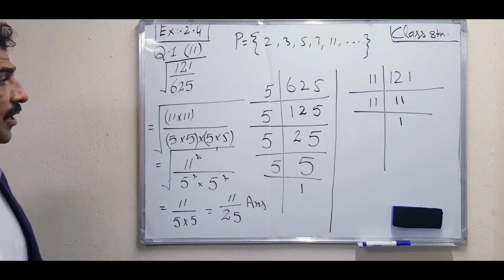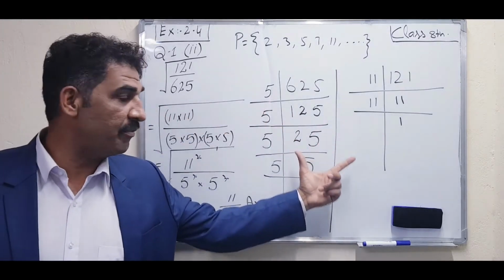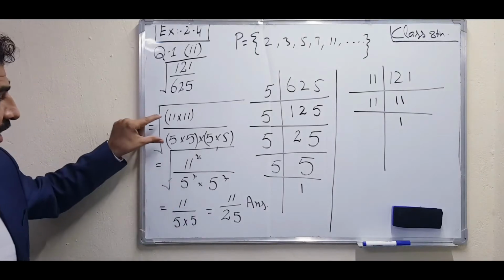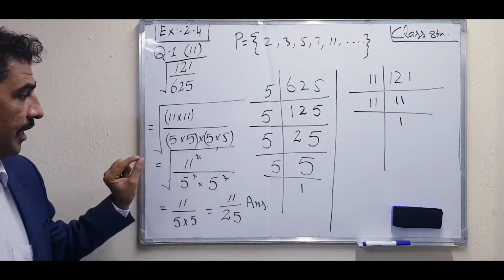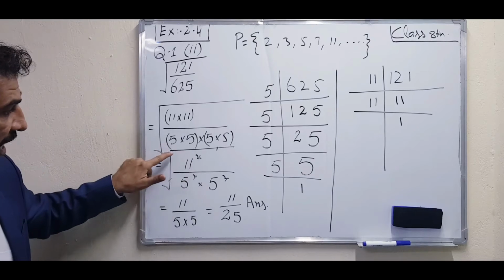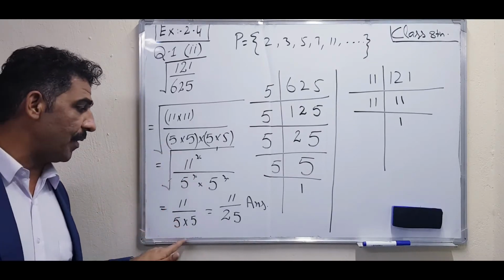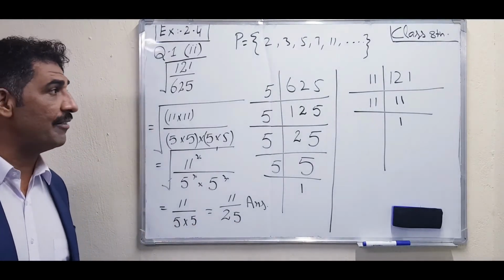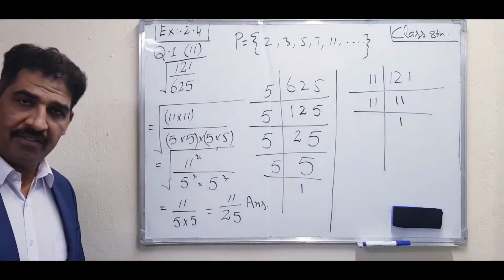With the help of prime factorization, we solve like that. First of all, we make its prime factors. When the prime factors are finished, we put their values, make the first pair, second pair, and combine each pair with exponent 2. Then with the help of the square root sign, we multiply and simplify the remaining numbers, and we get the answer. Second part is complete. We will solve one more question with prime factorization, then we will go on to the division method.